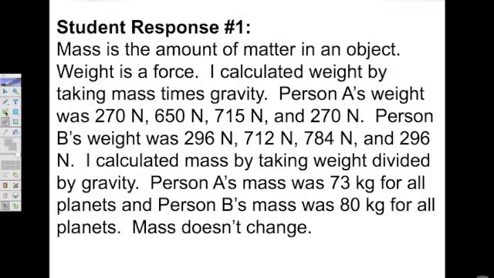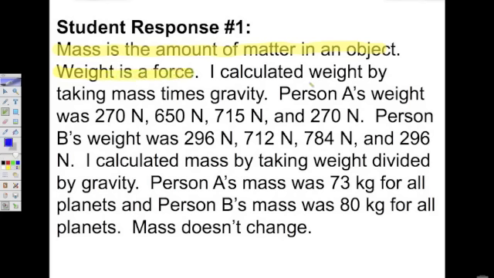Let's check to see if you highlighted correctly. Mass is the amount of matter in an object. That is a strict definition. So they did that. They defined mass. They also defined weight because weight is a force. Secondly,